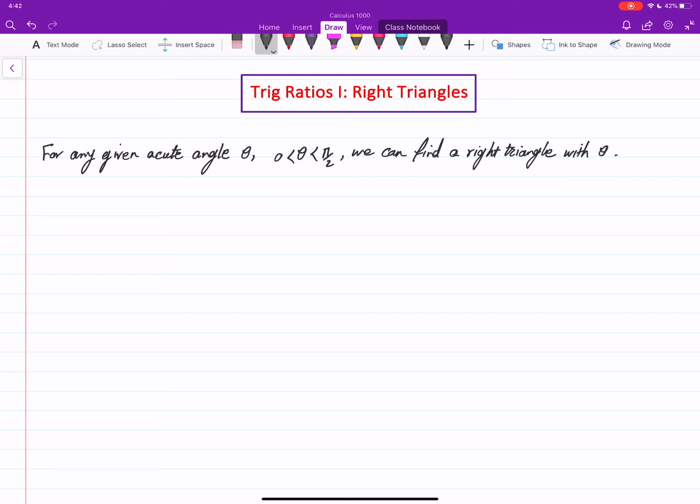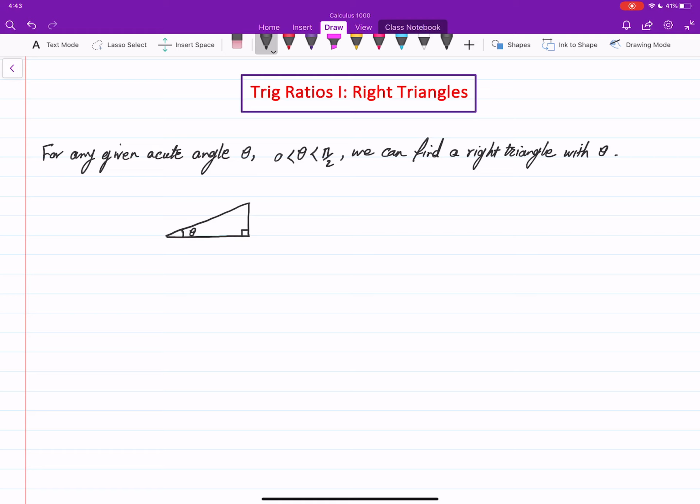Well, right triangle means that already one of the angles is pi over 2, and then another angle of this triangle is theta. We can always find such a thing. It's not difficult to see. But the issue with this